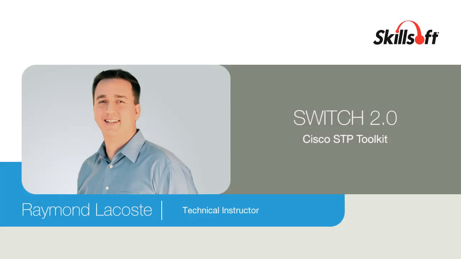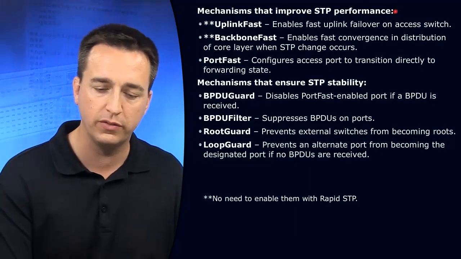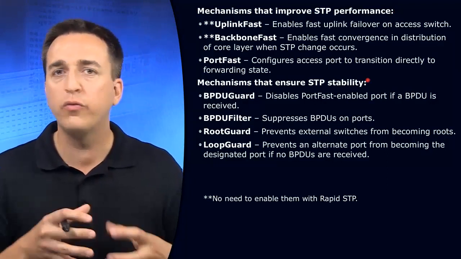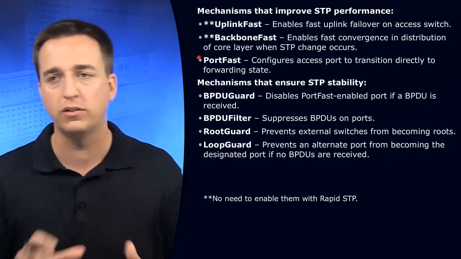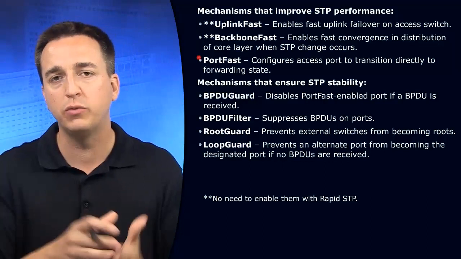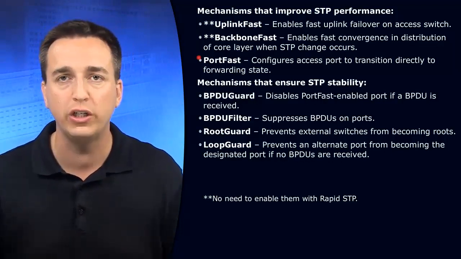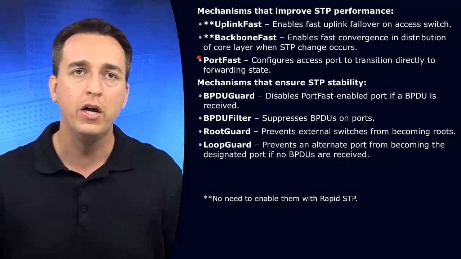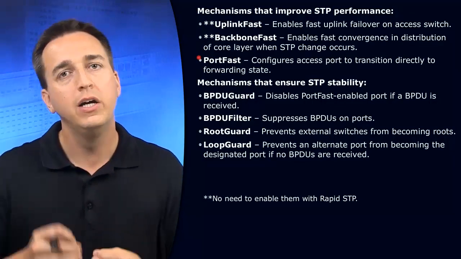Spanning tree protocol features can be categorized in two different ways. We have our performance features and we have our stability features. The performance features, such as uplink fast, backbone fast, and port fast, are all designed to improve the overall amount of time that is required for spanning tree protocol to transition its ports from the blocking state to the forwarding state and vice versa, to ensure that it doesn't take a total of 50 seconds or 30 seconds to make